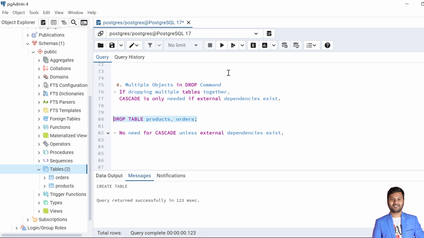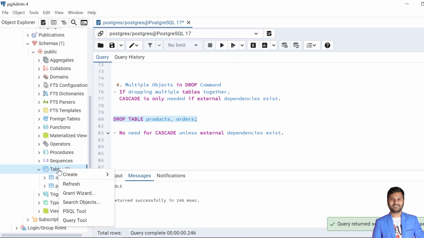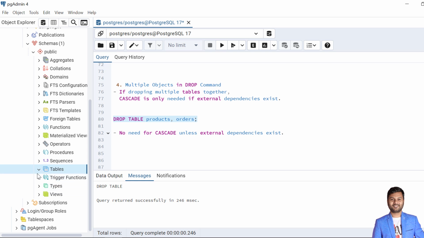So let's try to drop the tables. So the tables are dropped and we can verify that by refreshing this section. So now we can see that tables are dropped and here we didn't use the cascade option. This was successful because no external dependencies exist, because the only dependency was the foreign key